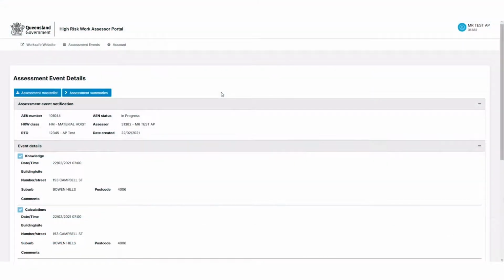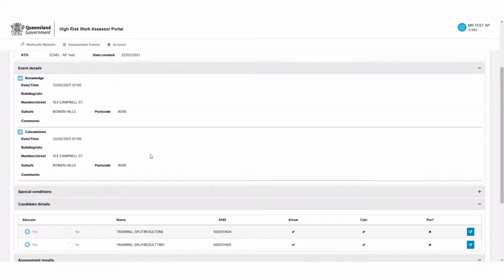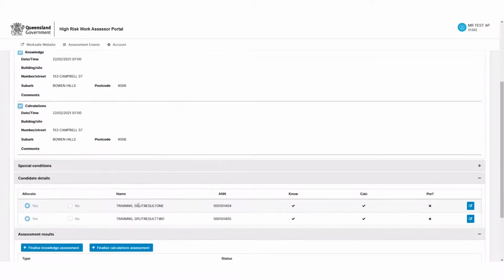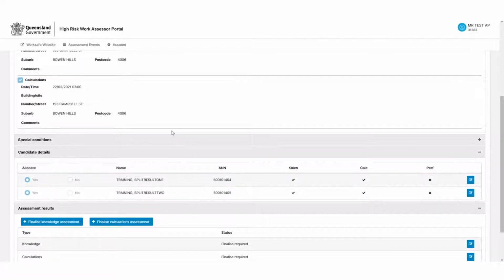In this video, we'll go through split assessment result entry, specifically for an assessor. So we can have a look on our screen. We have an in-progress assessment event, and we have knowledge, we have calculations. So the performance is missing from this assessment event. The performance for candidate number 1 and number 2 is in a different assessment event, in this case for the